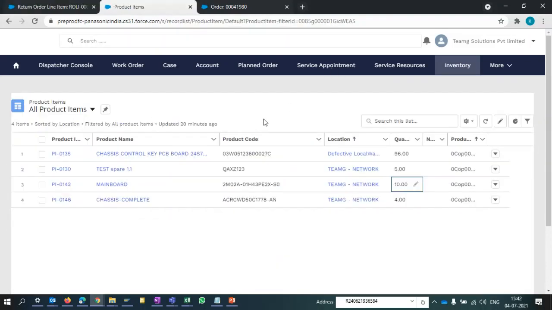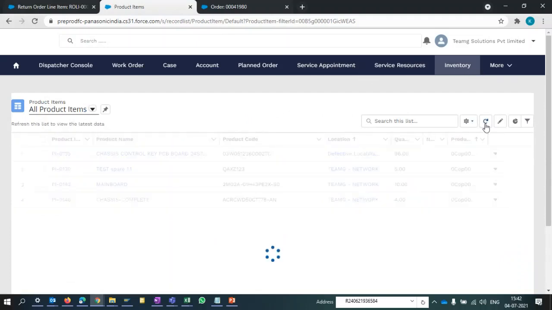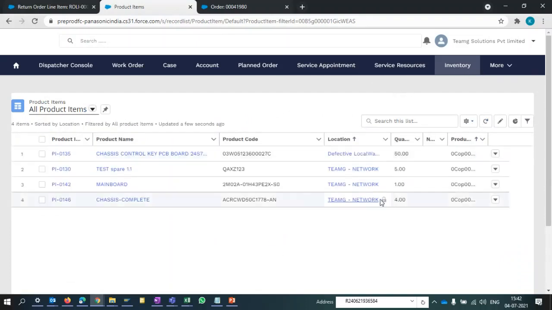Once I go into the product item, which is the inventory of the ASC, I click on refresh. So you can see the quantity comes as 1. That means in Salesforce, for your information to all field service team, there is no concept of reserving any stock against the part.